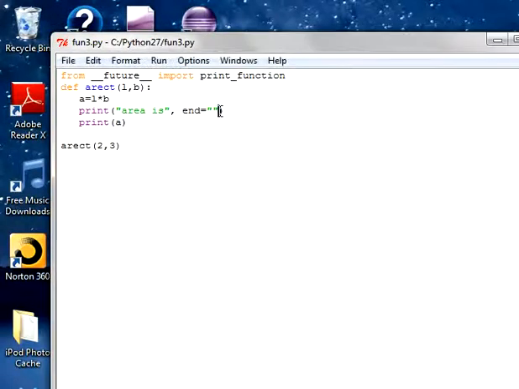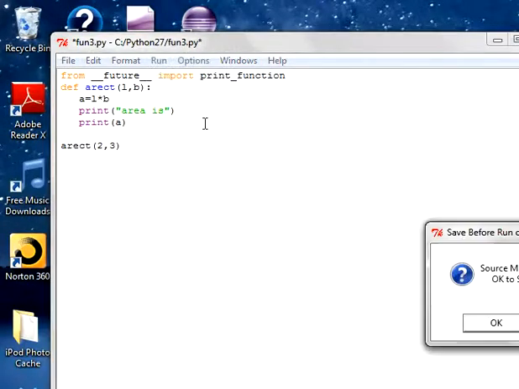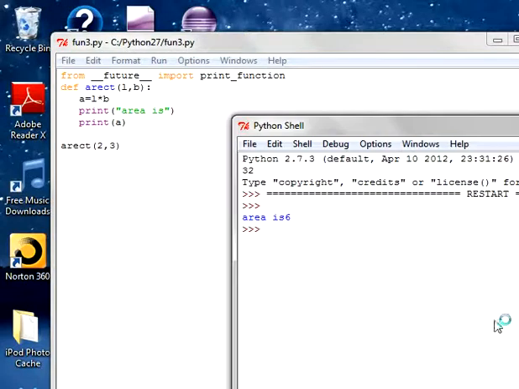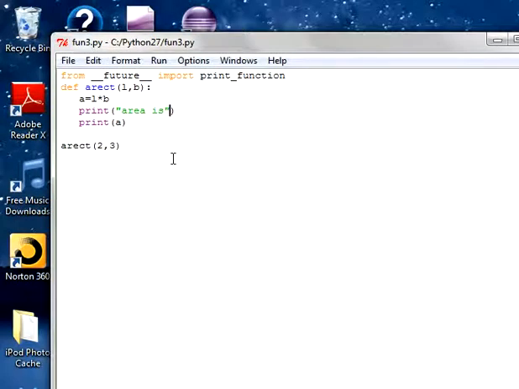What if I'm not having this? If I run this, area is 6. It will go to the next line and it is going to print area is. Because of this, I'm making use of end. I want it to be printed in a single line. Area is equal to